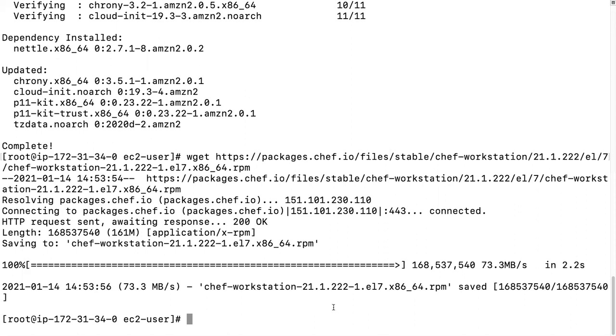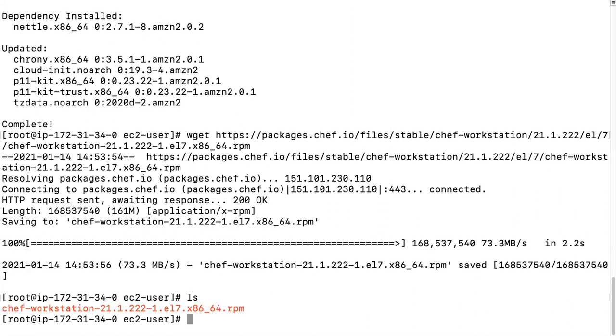Okay, so let's try to see our package with ls. I have one package, chef workstation. So this is the package name, rpm, and I'm going to install this package: yum install chef workstation. When you write only the first four letters and press tab, it automatically completes.